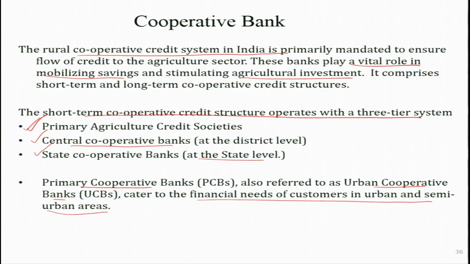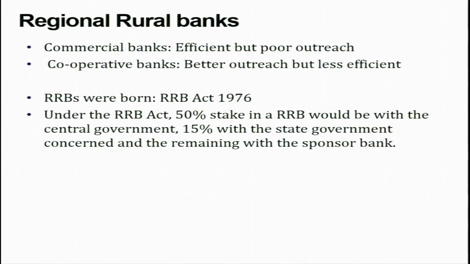That means in addition to cooperative banks in the rural area, we have cooperative banks in the urban area as well. Then another development in the Indian banking system is the setting up of regional rural banks. One thing about commercial banks is that they have better efficiency because of the managerial and technical know-how and expertise they have. Obviously, any bank you go to has technical and managerial efficiency, so they are considered efficient,